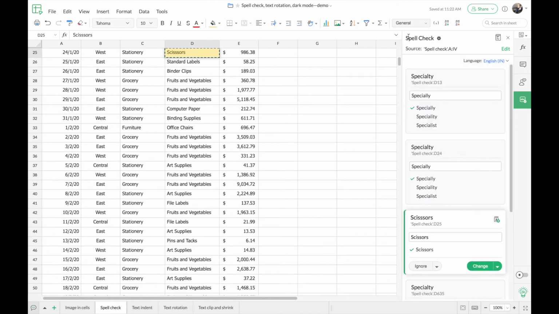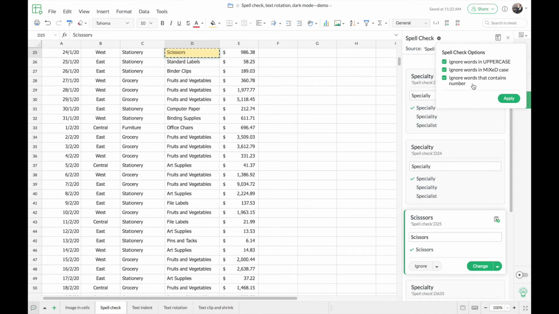And apart from these options, you also have 3 more options using which you can further customize the way that the suggestions are being shown for spell check. You can see a small icon here right beside the spell check heading. So once you click on that, you can find three more options. These options are checked by default. So these options include ignore words in uppercase, mixed case, and those words that contain numbers.